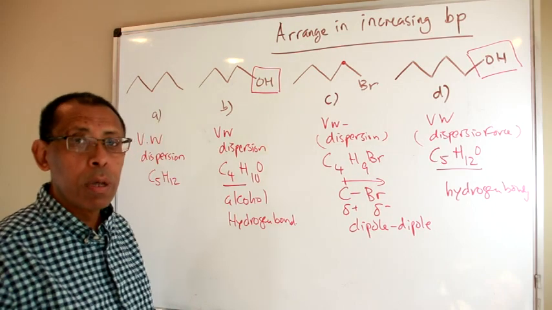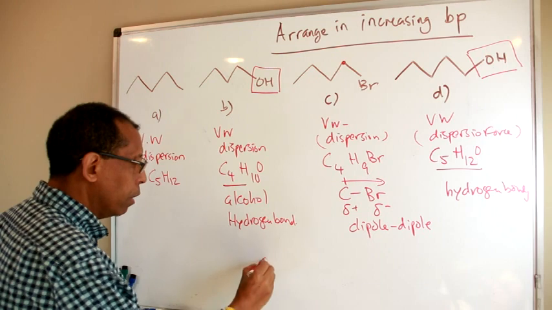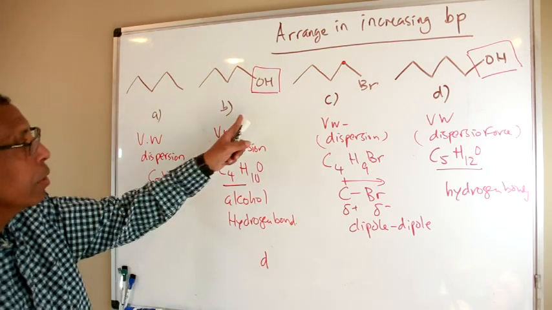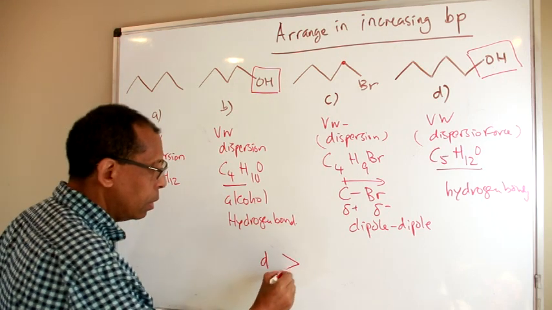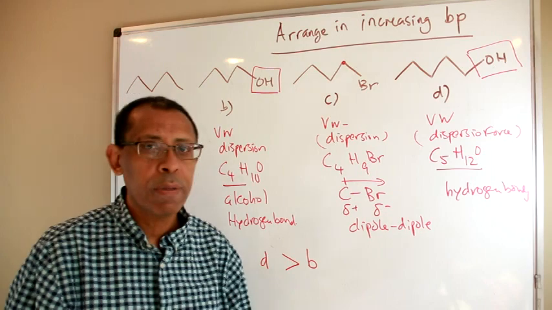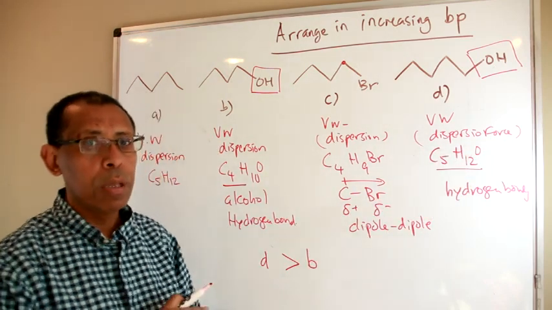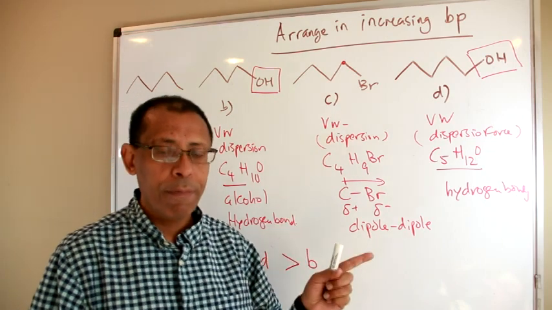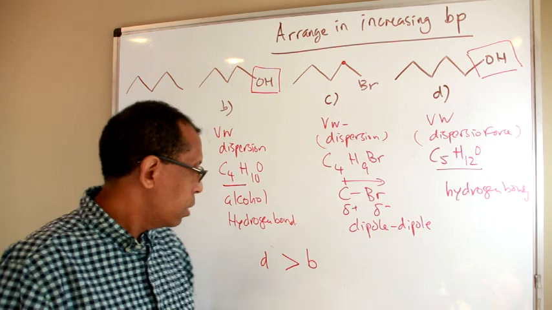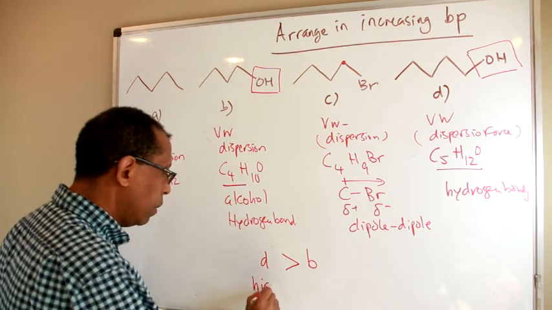So the highest boiling point compound would be D. D is greater than, obviously, B, because, as I said, the dispersive force in compound D is higher because the chain length is 5 carbons as compared to 4 carbon. That's why D has the highest boiling point,